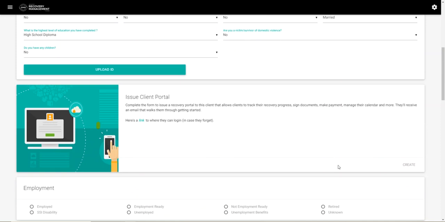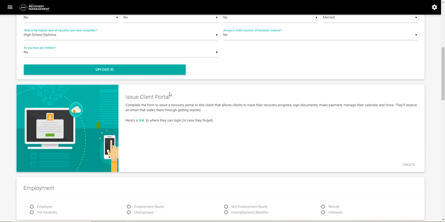Now, we're going to go through the process of creating a new client portal because remember, we checked the Social Security number and Donald doesn't currently have a login for the ARM system. So it gives you a brief instruction guide here, and it also provides you with a link to where the clients log in because it is different from your website. So if we were to click on this link, it'll open up a new tab to the website, which is